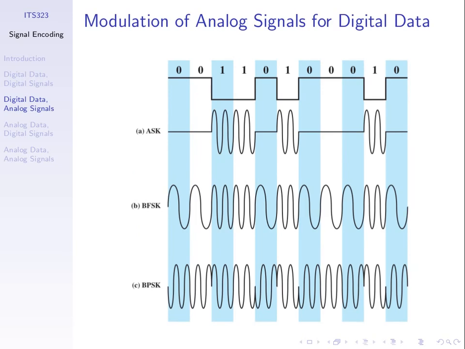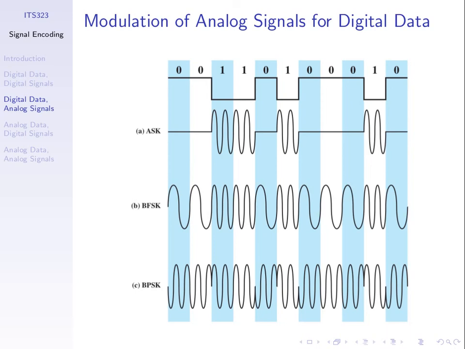Well, we've got three basic approaches. Because our analog signal we can think of as a sinusoid, a sine wave, or a combination of sine waves. And if we recall our signal equation from one of our first lectures,